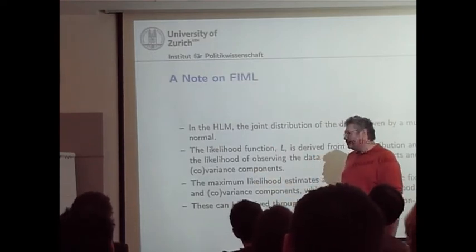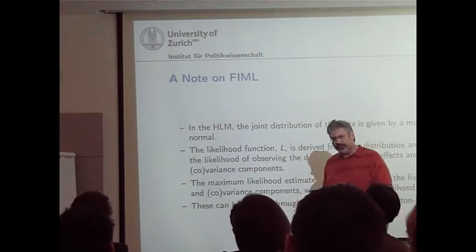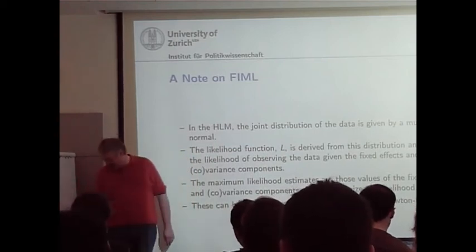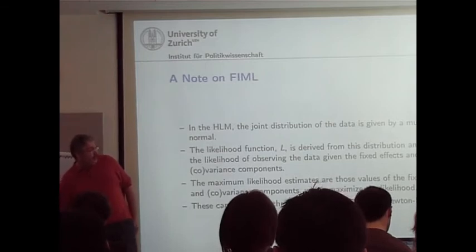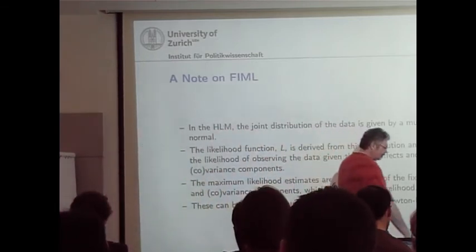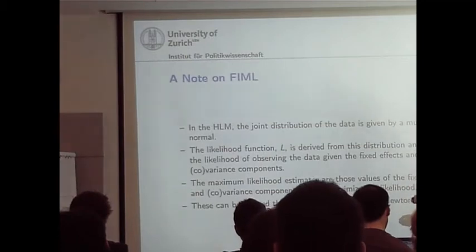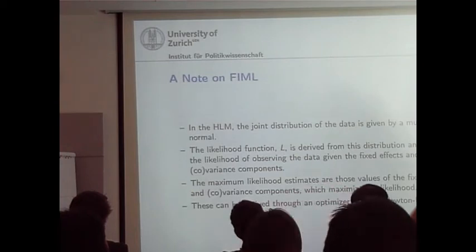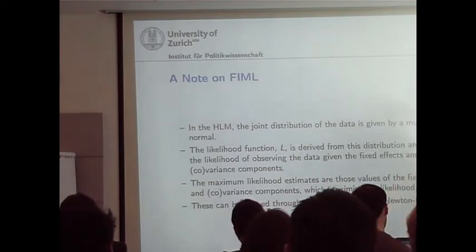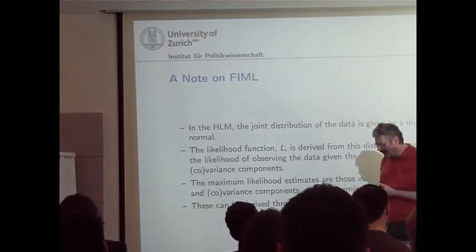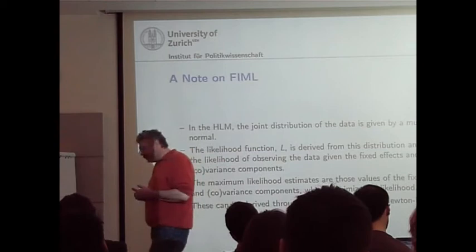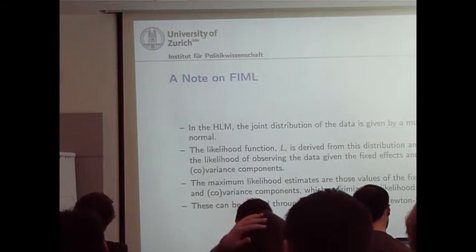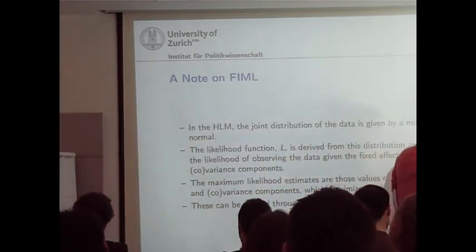Turns out that you don't get very far trying to do that with these functions we're dealing with. These likelihood functions are very complex. So what happens in the estimation is that we find the maximum through an optimizer, usually the Newton-Raphson algorithm. This optimizer is basically an intelligent way of trying out different values till we get to the maximum. And that's what you actually see when you look at the